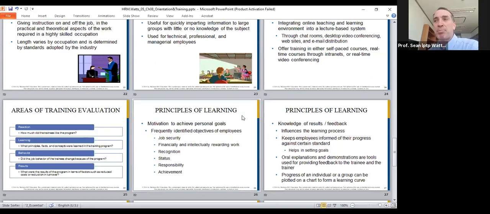So we've talked about several things, especially the idea of principles of learning. There's several different types of learning. There's several different types of communication. There's at least 16 different types of personality styles and character styles. Make sure that you're aware that principles vary depending on your types, whether you're looking for job security or financial incentives, recognition, status. There's a variety of different things that motivate different people and the principles of learning.